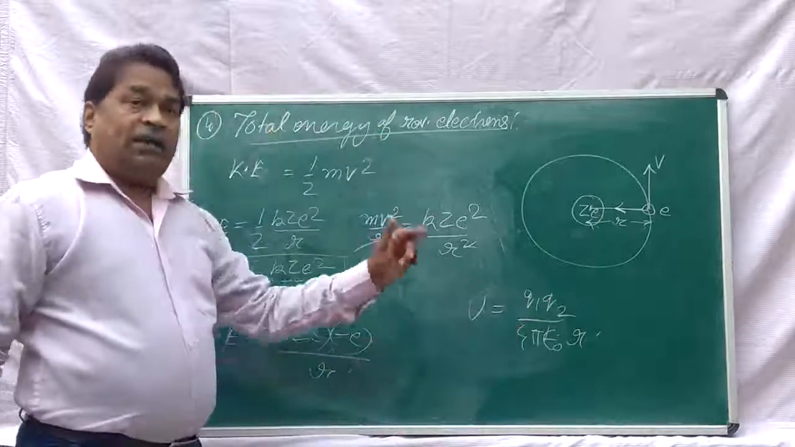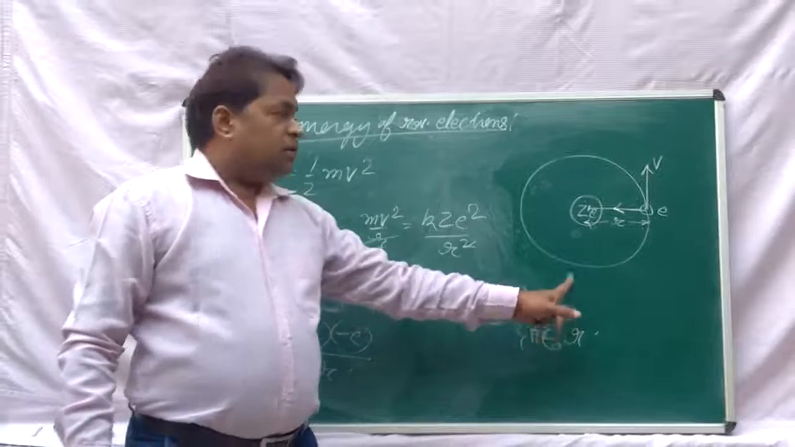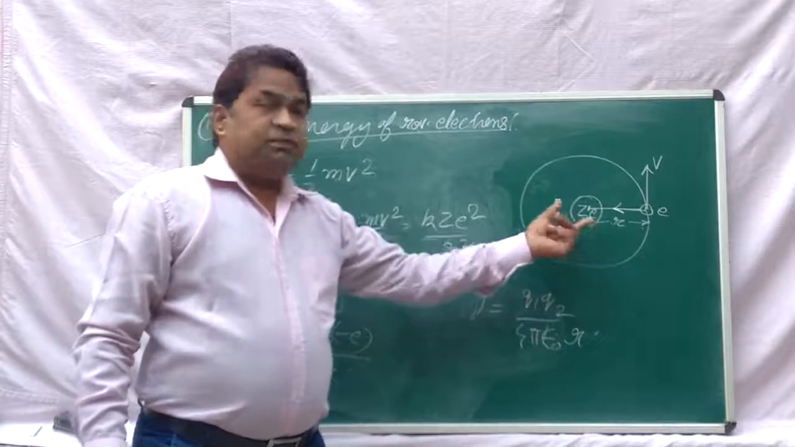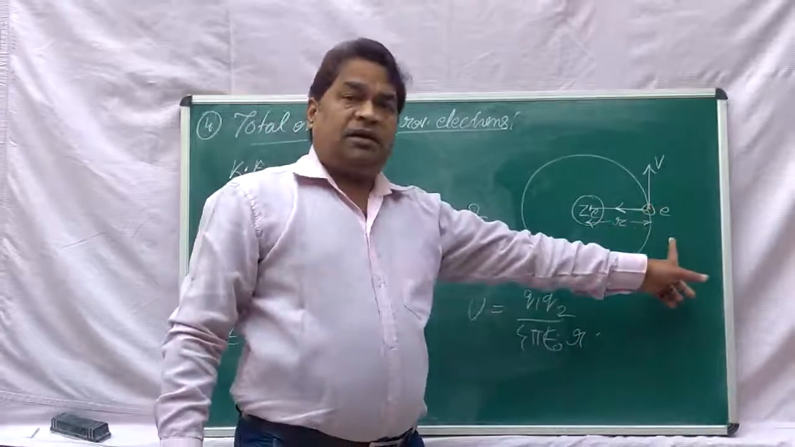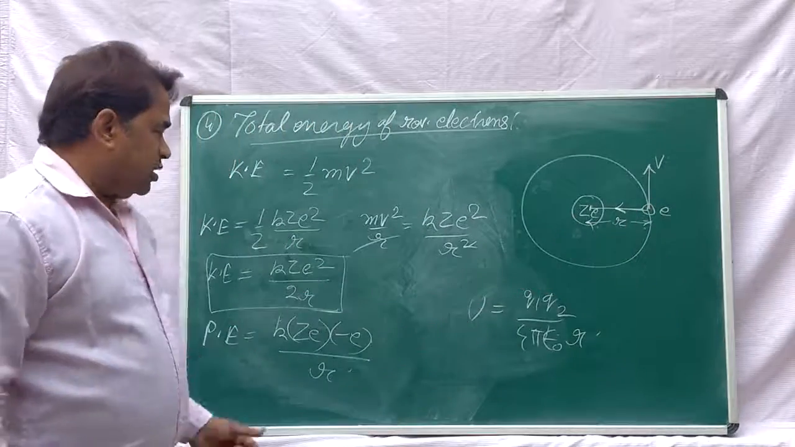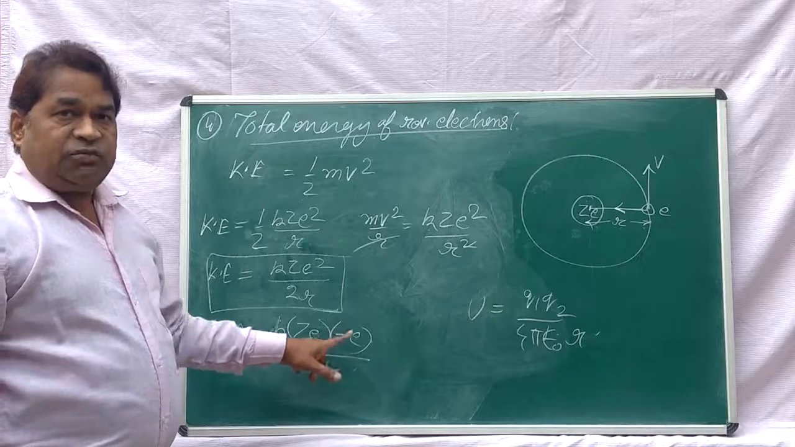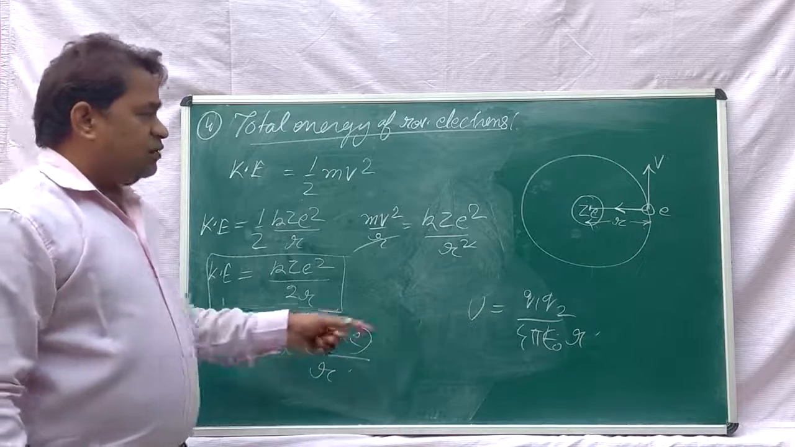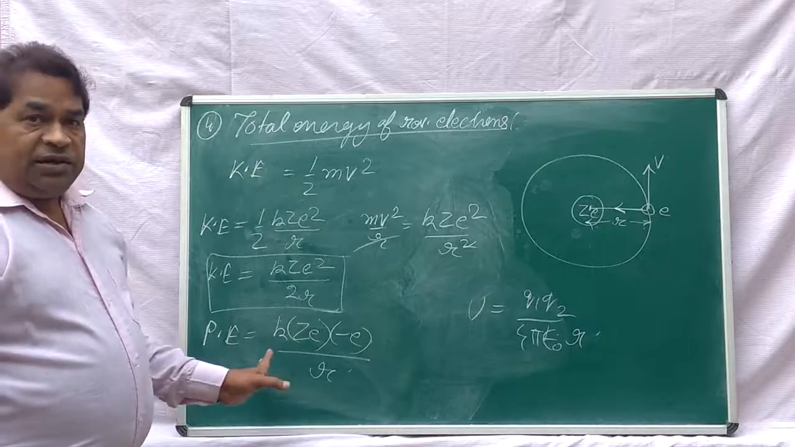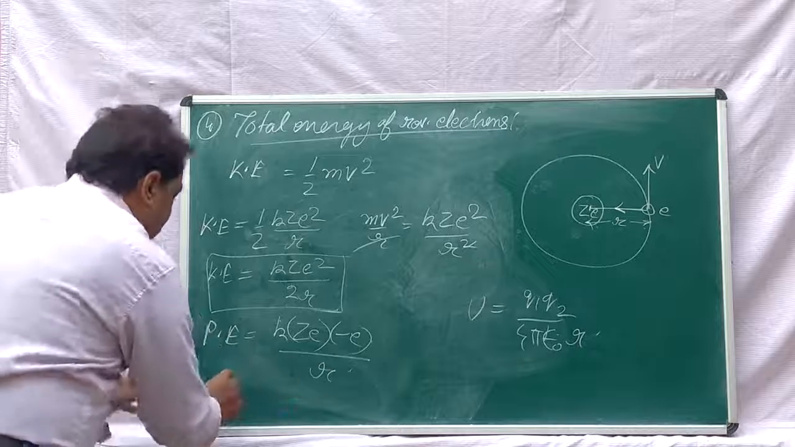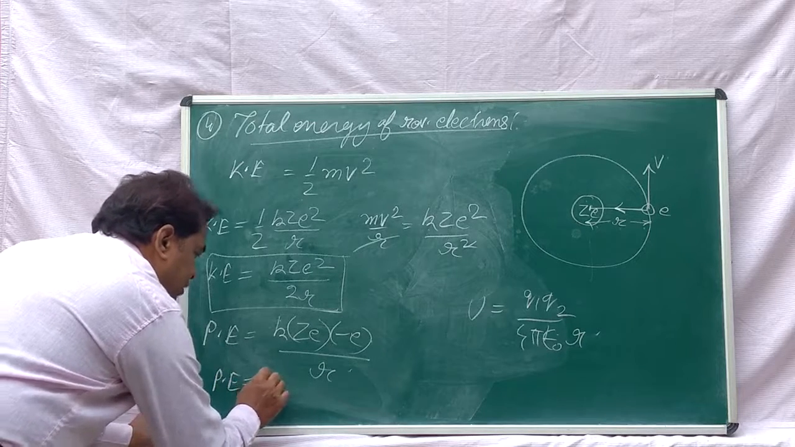So by this formula, we have two charges, Q1 and Q2. One charge is Ze, the positive charge inside the nucleus, and the second charge is the negative electron, minus e. So we put the charge values Ze and minus e, and K is 1 upon 4 pi epsilon naught, and here comes the r. Is it clear? So the final formula for potential energy will be PE is equal to minus